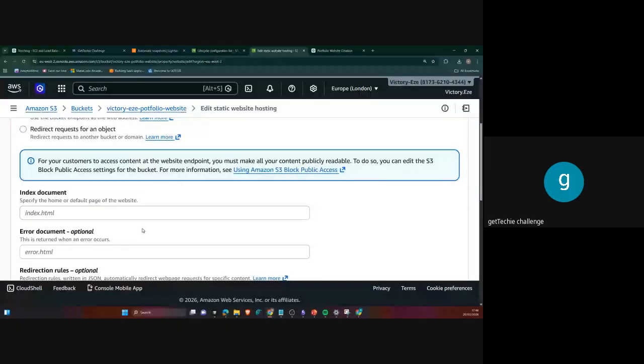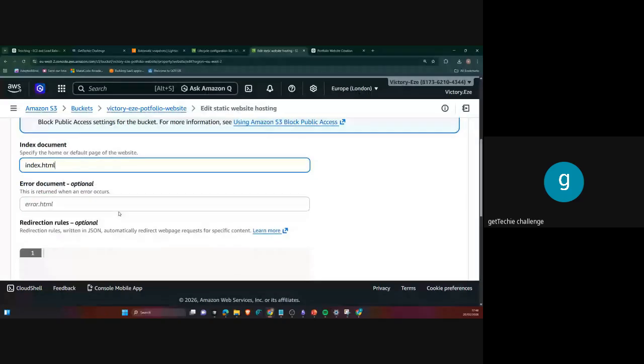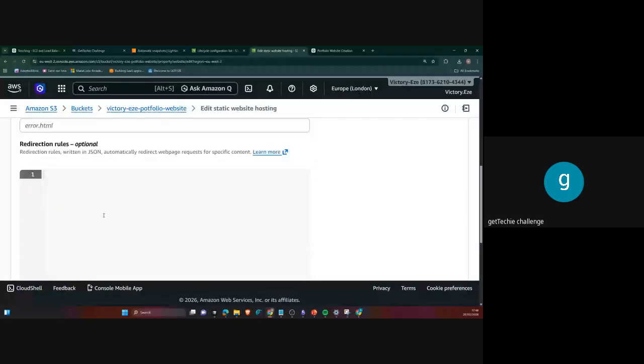First, of course, our page is going to be indexed. You actually saw it. We actually have index.html. So for some of us that have learned a little or done web development before, the entrance page to your web application, especially for static web, is always index.html. Do you get what I mean? So I'm just going to put index.html. Then what should be the error page? You can leave this one, you can see it's optional. Then redirect rules, we are going to come to this later.